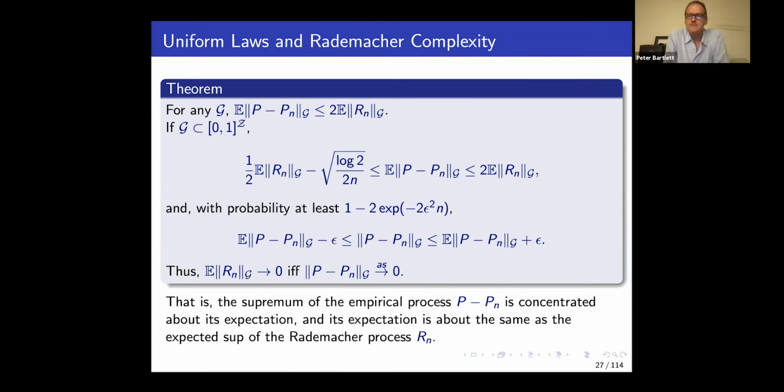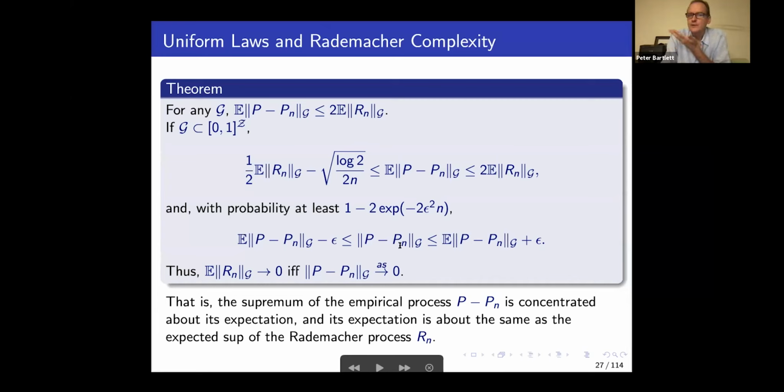we'll stick with that case. If our class is bounded, for instance, we're talking about losses and our loss function is bounded, then these expected deviations are not just upper bounded by the Rademacher complexity, they're lower bounded by it as well, with a different constant, and minus something that goes to 0 as n gets large. And that's a result about the expectation that says, within a constant factor, the expected maximal deviation is the Rademacher complexity. If we look at the random variable that is this maximal deviation,